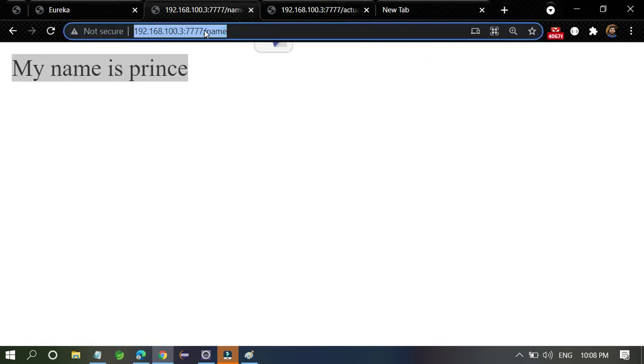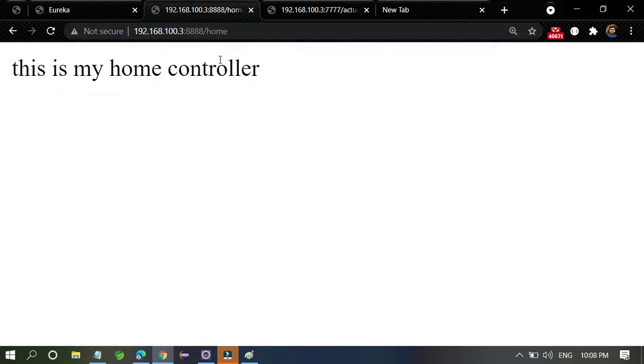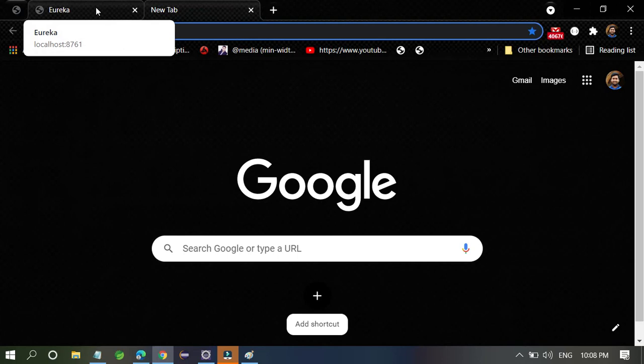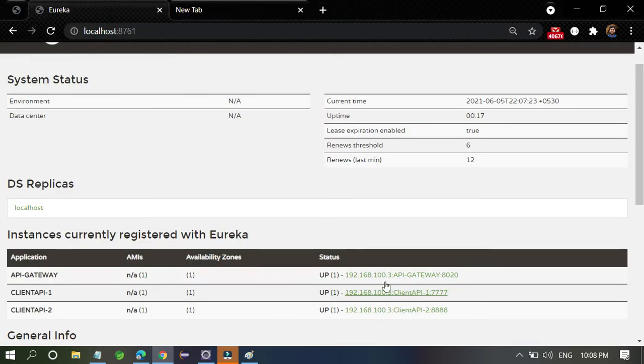If you change the port number to the other API, 348, and put home here, you get: this is my home controller. But right now we don't need to worry about how many APIs you have or what the port number of each API is. You can access everything with the API gateway port number only.